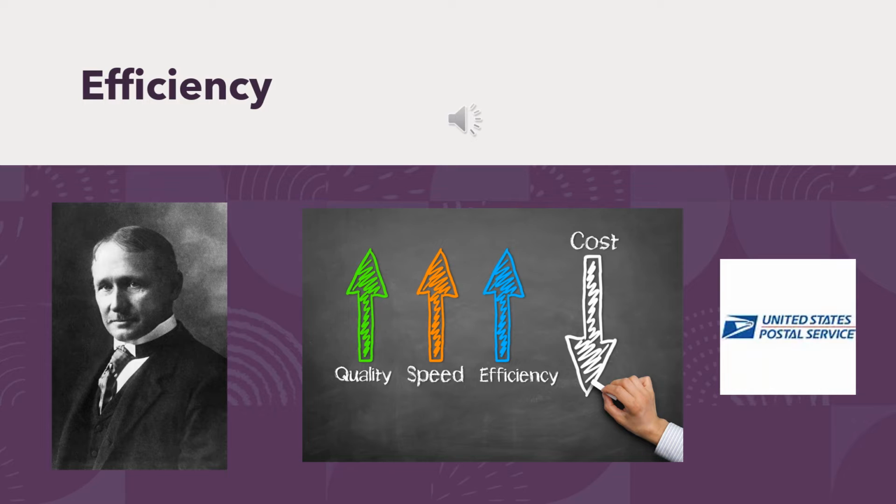So after completing my presentation, I went back to this slide because I felt that it was incomplete to talk about efficiency and just leaving it at Taylor. I have to bring in Max Weber. He set up bureaucracy, the characteristics of bureaucracy, and he believed in the division of labor. So while Taylor was efficient and thought of the one best way to do it, it was at the ground level, as where Max Weber looked at the organization as a whole. So I couldn't talk one without the other.